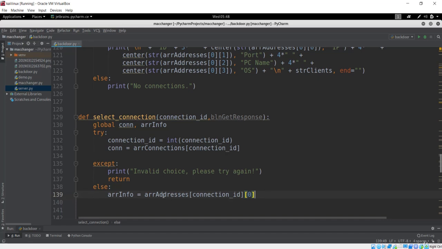So we are first getting the IP address of that client. We'll catch that IP address. Let's typecast this, converting it from an integer to a string.